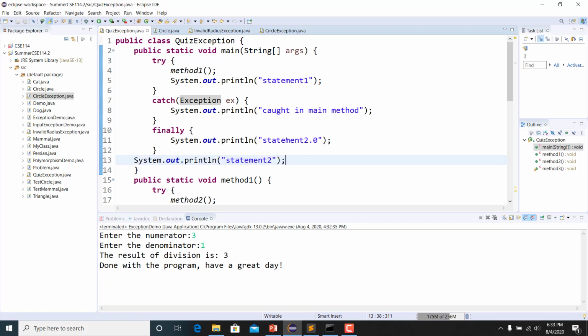So these two are different: statement 2.0 and statement 2. These are two different statements. Statement 2.0 is the statement which we have in the finally block of the try, catch, and finally in the main method. Good. So the very first thing that will happen in the main method is the invocation of method 1